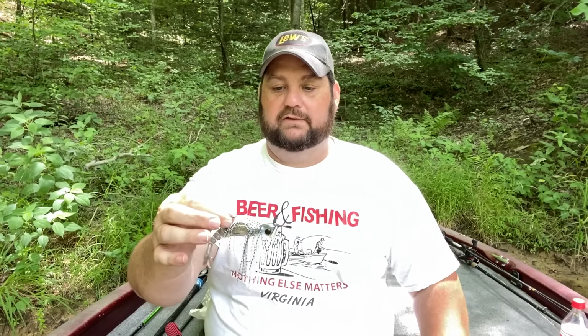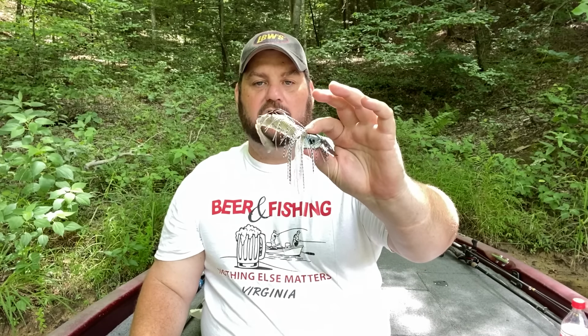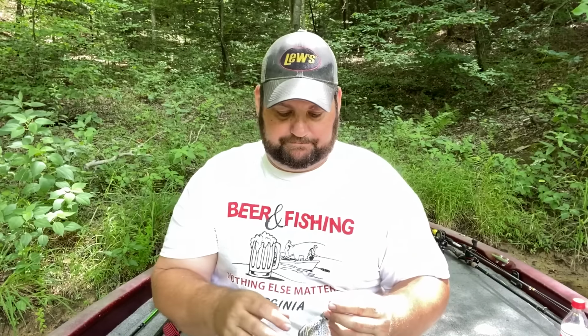Now this is a Picasso. This is their sonic blade, or let's see what this says, shock blade. This is a design that Aaron Martin's actually helped come out with. I've got this coupled with one of the Zakos from Yamamoto. This is a Tennessee shad color, and this color right here is blue glimmer. This is a small blade. The shock blades come in 2 different sizes, small and large, and this is the small blade,